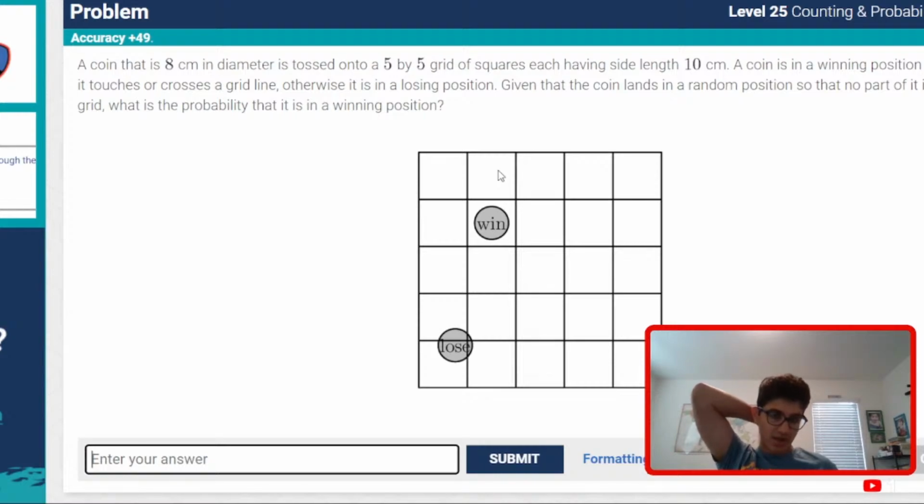So we're given that it lands somewhere in the grid. What is the probability that it's in a winning position? So basically the diameter has to be in the sweet spot, right? The diameter is 8/10. So there's an 8/10 chance that it's located inside properly. Sorry, no. What's the chance that it's